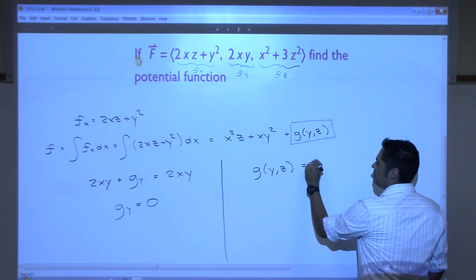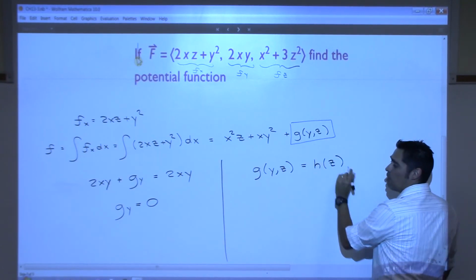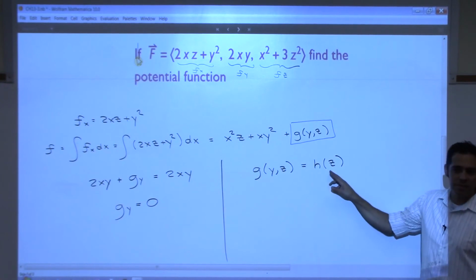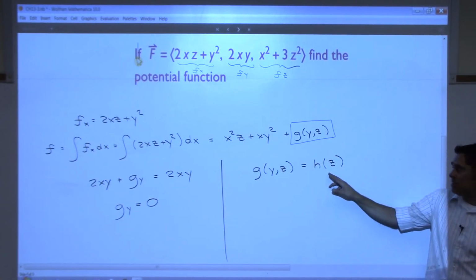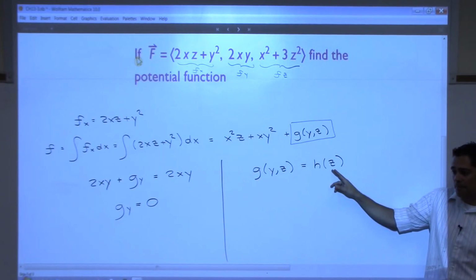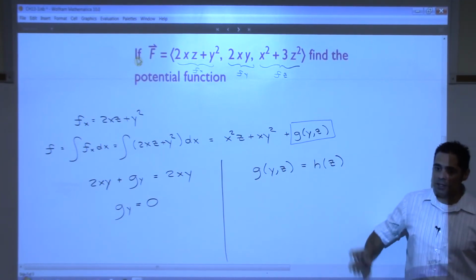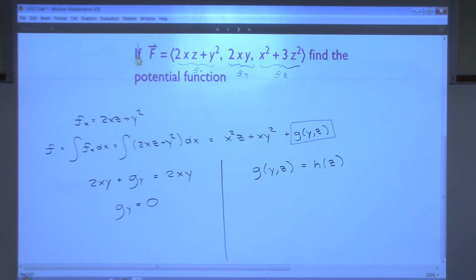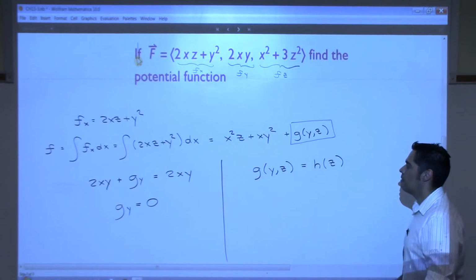How about just this? It's some function of z perhaps. Maybe that is a number. Maybe it's just 10. Maybe it's z squared, right? But I cannot say for sure it's just a constant. But can we say g of y is constant? We can, well,